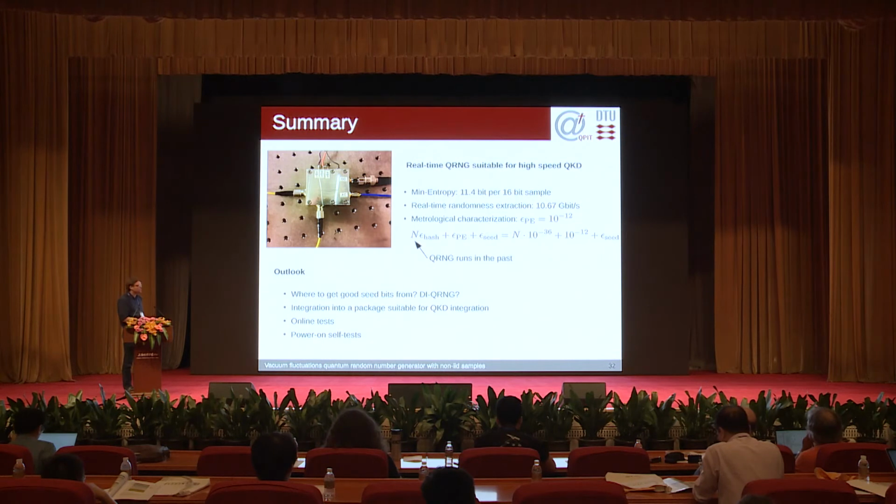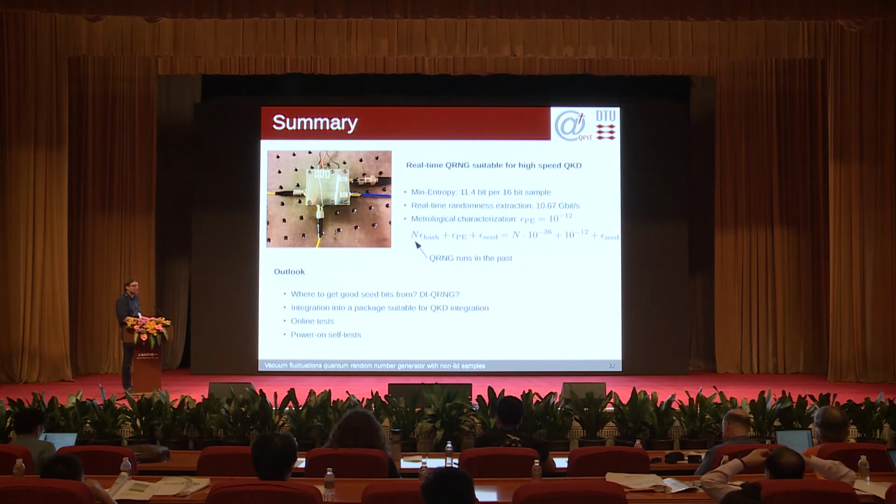But what is a little bit open is how to get a good seed. And I think this is right now at least the biggest challenge. And I'm very open and would be very glad about discussions about that. So basically, how do you get the seed, and how can you make sure that the seed is random?